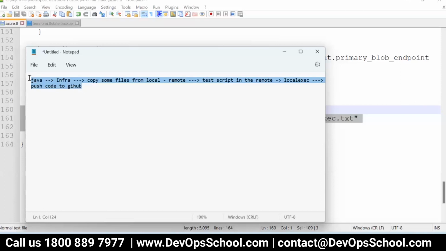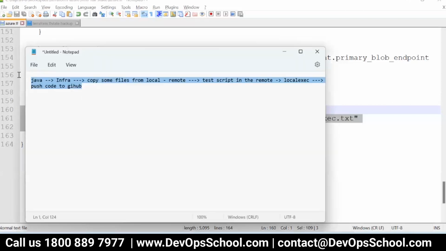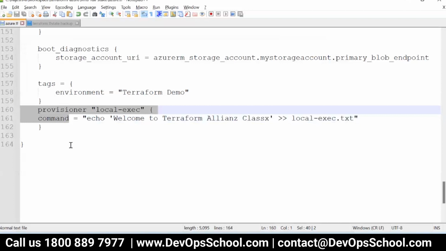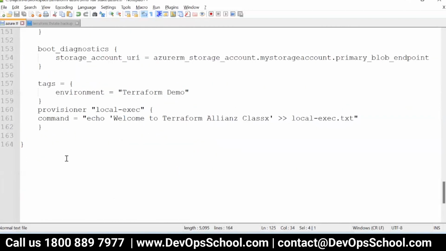This is one example. Like that, you can design whatever you want to do on a local machine. On the local machine, you may want to run some API call, create some ticket, or make some changes. So it can be in that scenario. Are you understanding? Yes, Rajesh. So anything which you want to do locally, you can do locally. Now this will be created only after the VM is created. Okay, so this is the local.